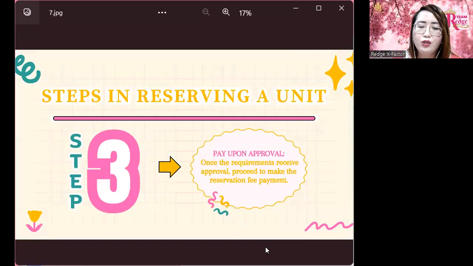Okay, so now we go to step 3. So once we are done submitting those requirements, and the developer staff is able to validate those requirements, he or she will now give you an approval. So that's an approval for the client to be able to pay the reservation fee. Okay, so